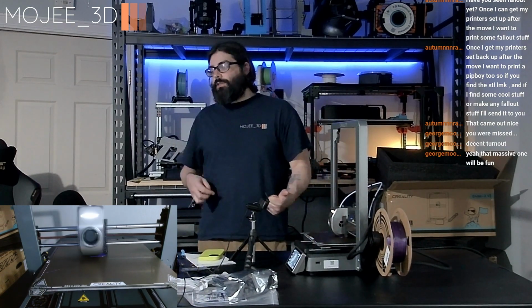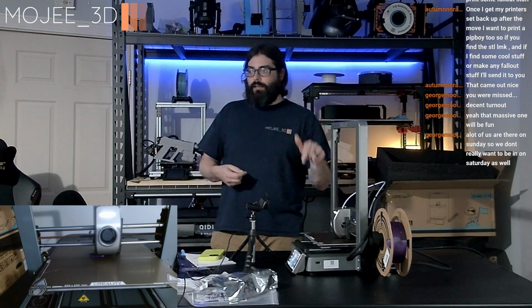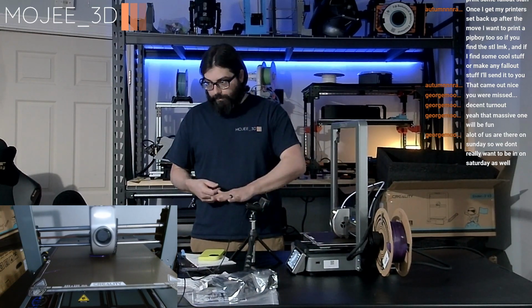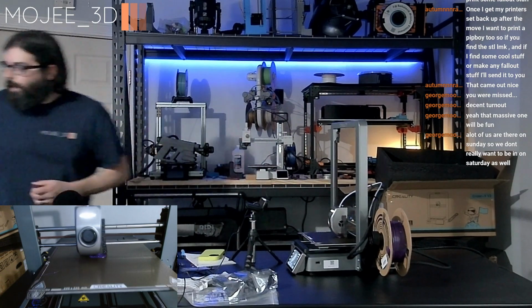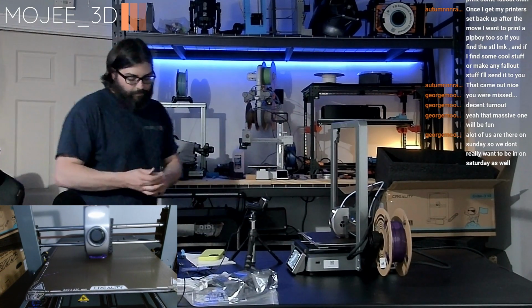But the toolhead's so big. The one thing I wish, and I know it's kind of weird, but I like the toolhead LEDs. I like the LEDs on the toolhead because you can see that first layer without having to come in with a flashlight. I have one of these here. I don't know where I got it, but